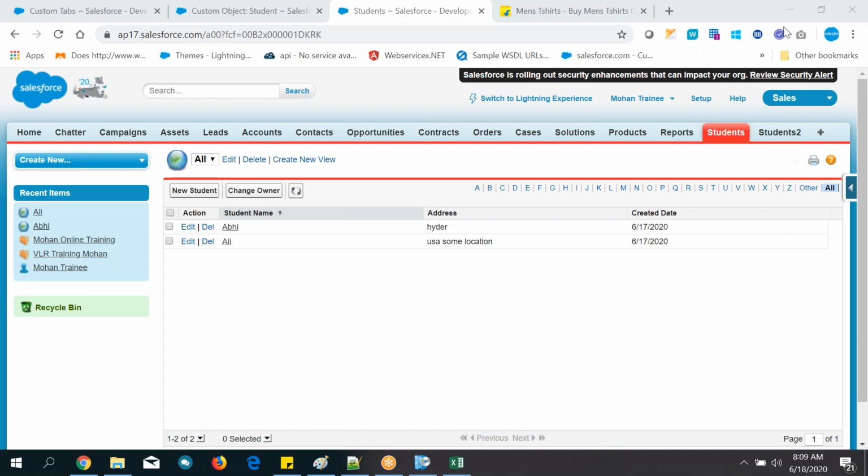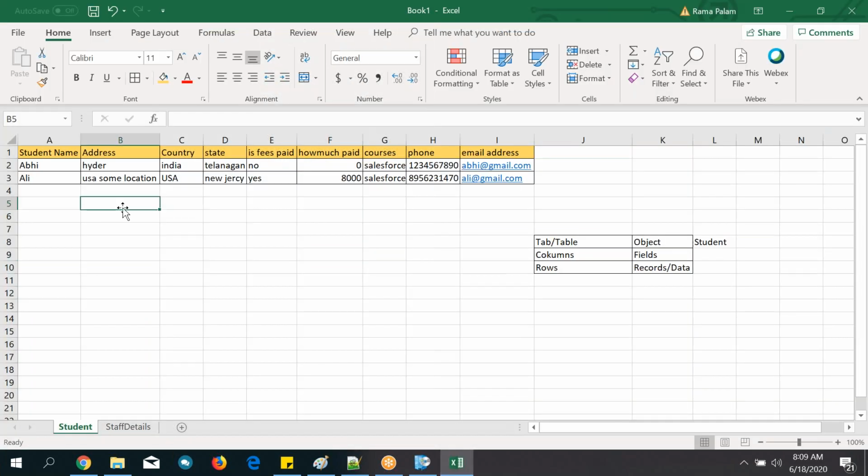Okay. So let me recap one more time what we have discussed in today's class, guys. We have discussed what an object is. I compared it with a real-life scenario. In our real life, if you take a storeroom, the storeroom is nothing but an object, and if you put all your things in the room, the stored things are nothing but data. So that is a live example.